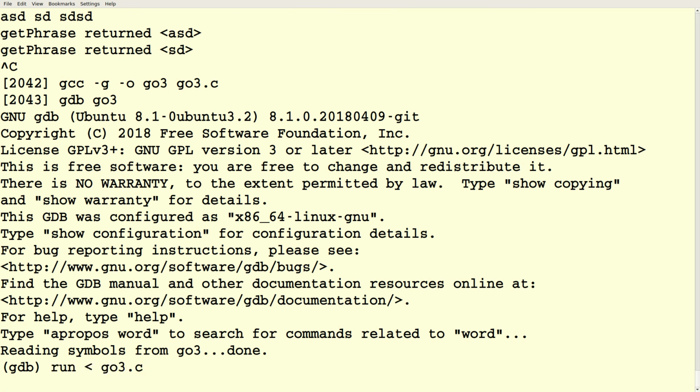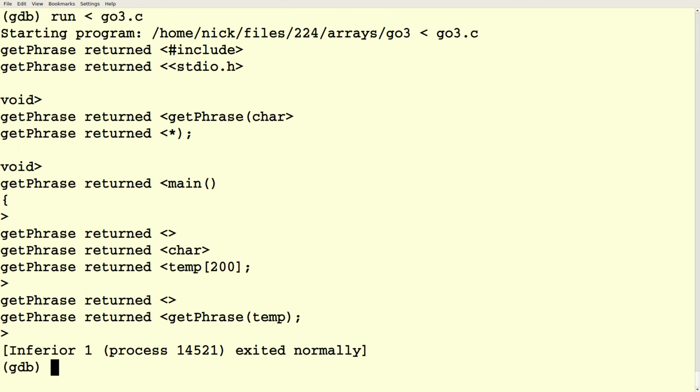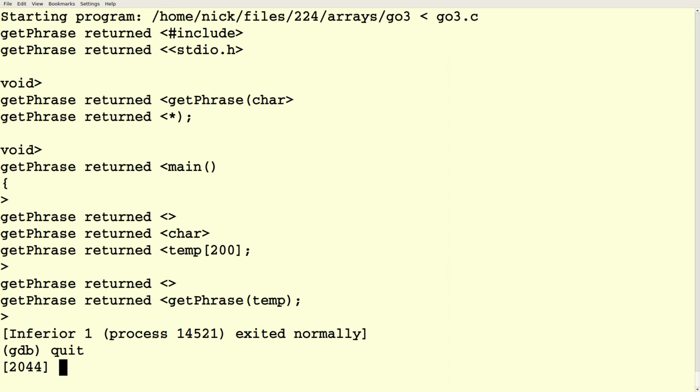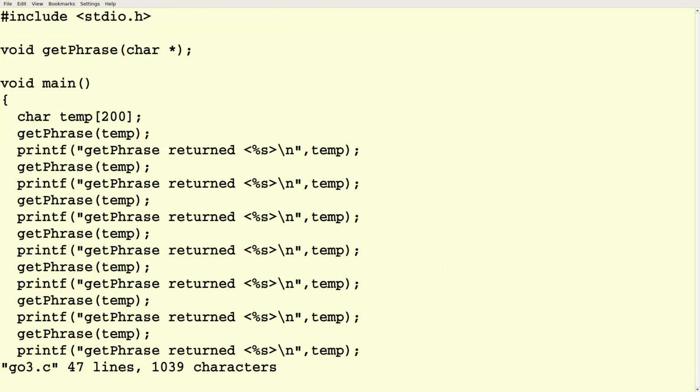I don't think it's that easy. Oh yeah, it is. Okay. So in the start, just say run, less than sign, and tell it what you want to read from.